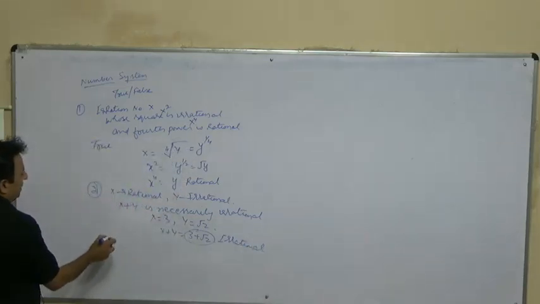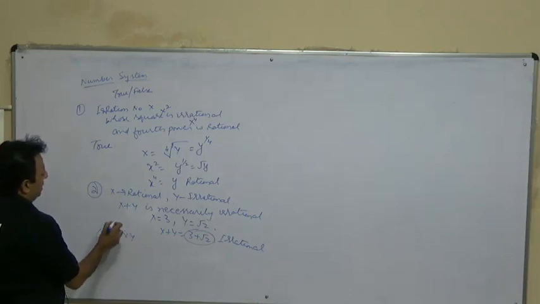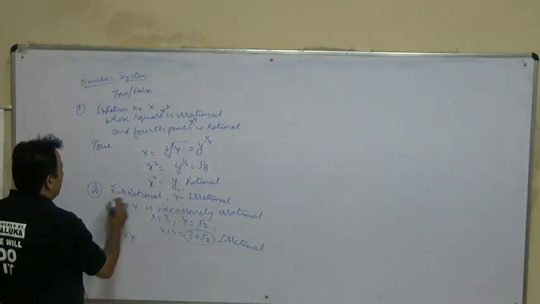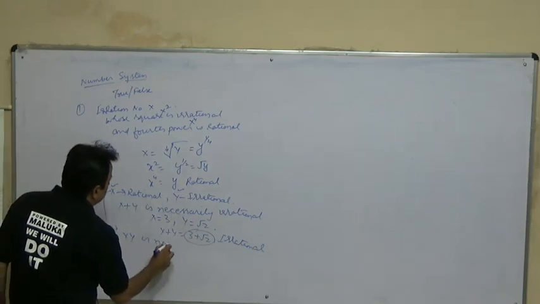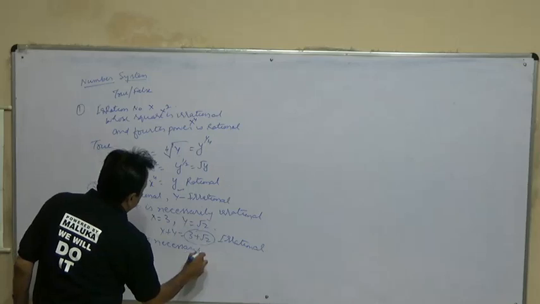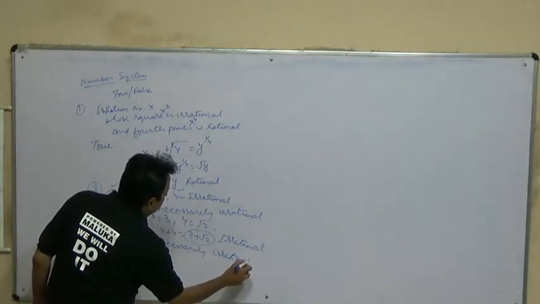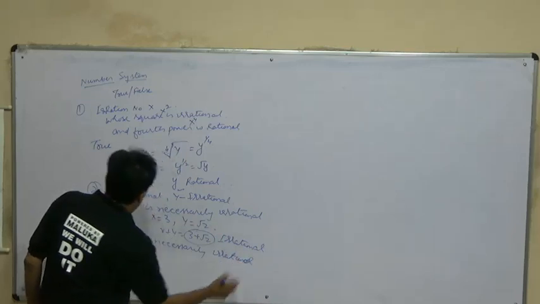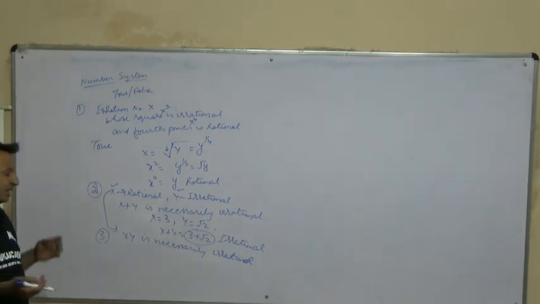अब यही पार्ट इसका थर्ड पार्ट है. इसमें हमने क्या पता करना है? x y के बारे में क्या कह सकते हैं? अगर x रैशनल है, y इरेशनल है, और xy क्या होगा? xy इज नेसेसरी इरेशनल. तो क्या ये होगा कि नहीं होगा? ये हमने चेक करना है. सो ये ट्रू है या फॉल्स है? दिस विल बी फॉल्स.